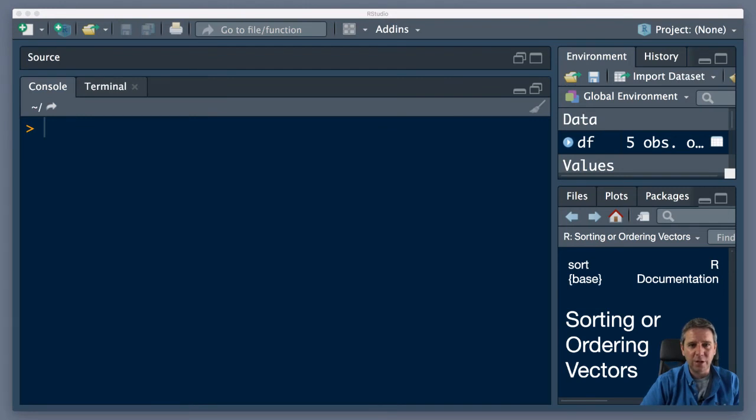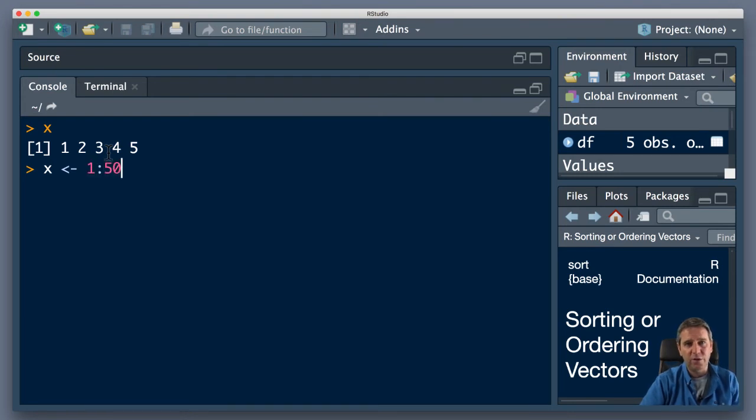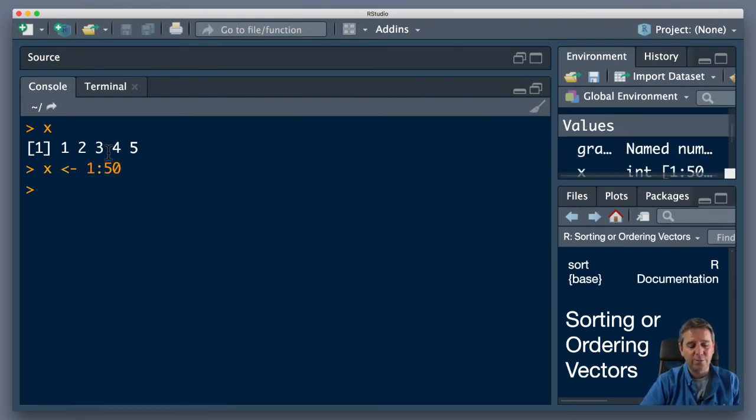How these things work, as we've seen to some extent, is we call the name of the function. So let's do plot. Well, let's remember our little vector of 1 to 5, x. See how I can recall it. If we don't have it, let's make it again, x. Let's do 1 to 50, for example, so it's a bit larger. Now I'm going to do a plot of x against the sine of x, just like we did in our